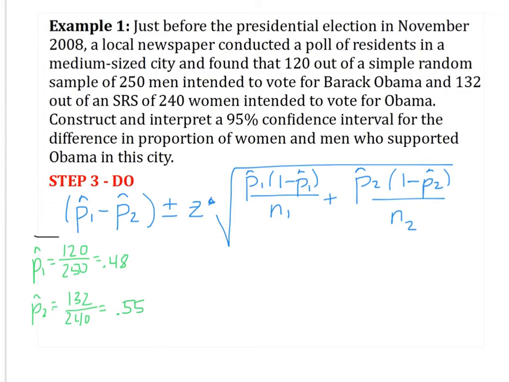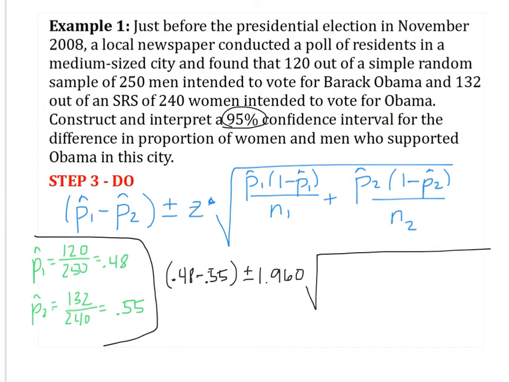So when I plug these in, I would do 0.48 minus 0.55 plus or minus z star for 95% confidence, which is 1.960, times the big square root of 0.48 times 1 minus 0.48 over 250, plus 0.55 times 1 minus 0.55